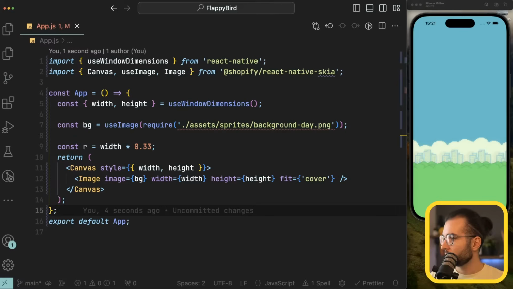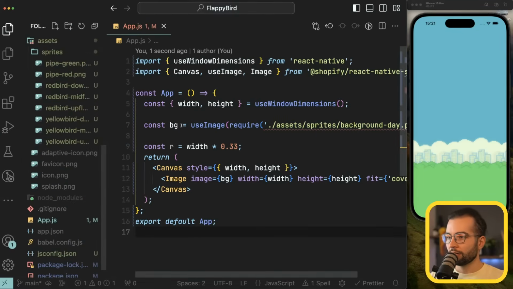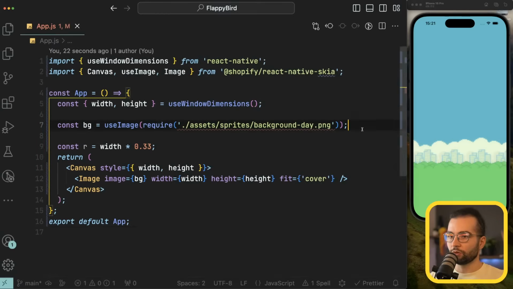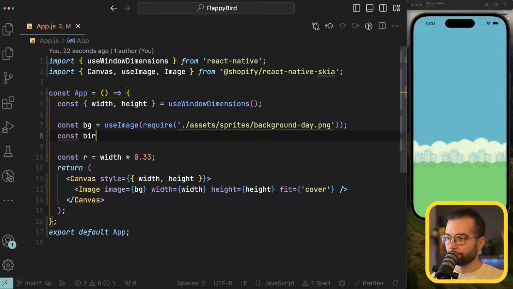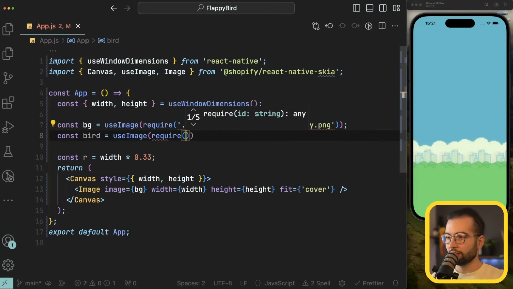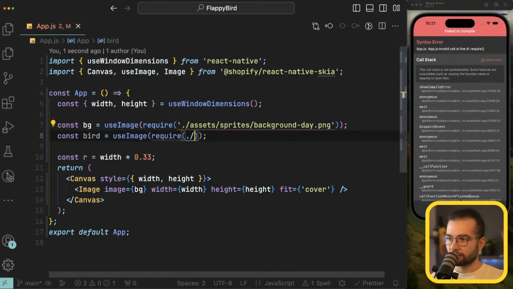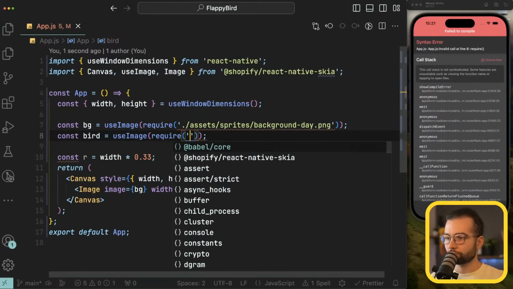Perfect. Now we have a background. Then we need to render what? We need to render the bird itself. Let's go ahead and import it. So first of all, we're going to need to import the image of a bird using use image, and then require, and we need the path to the image. So let's take it as assets,